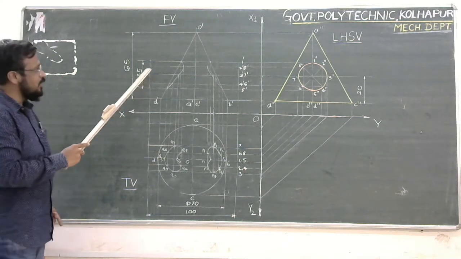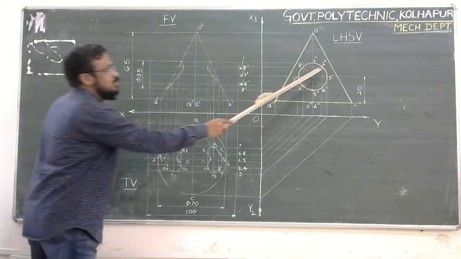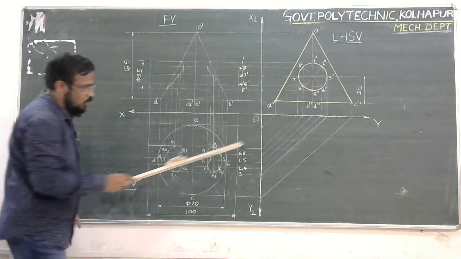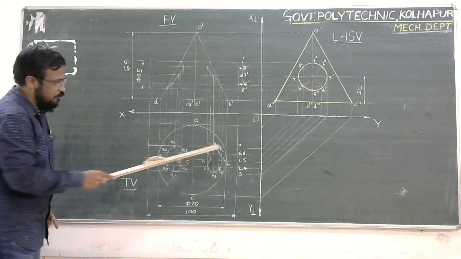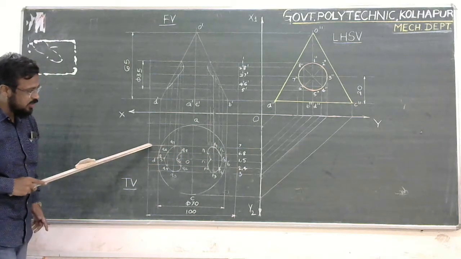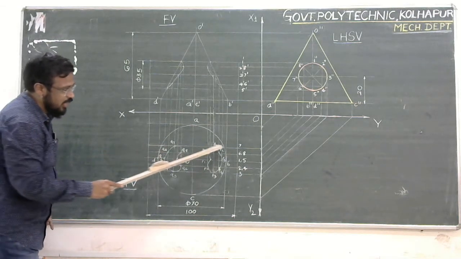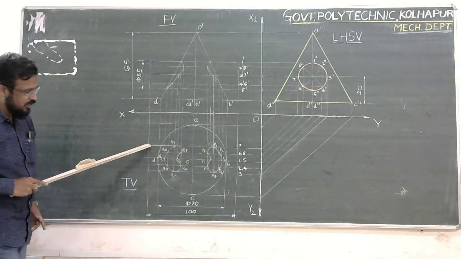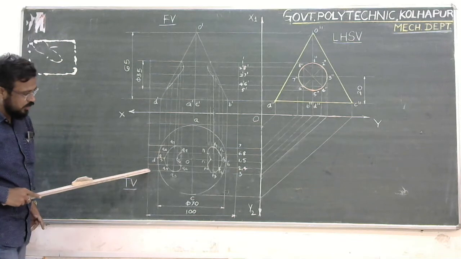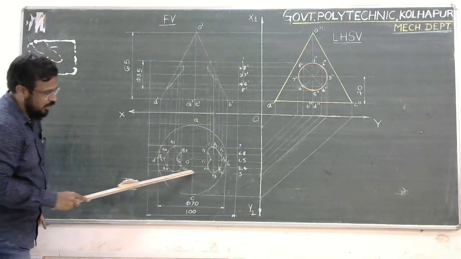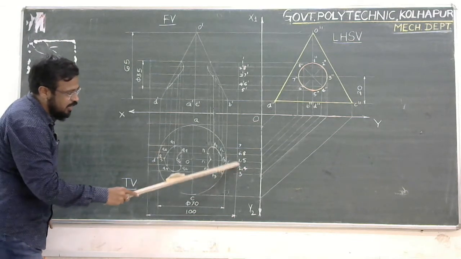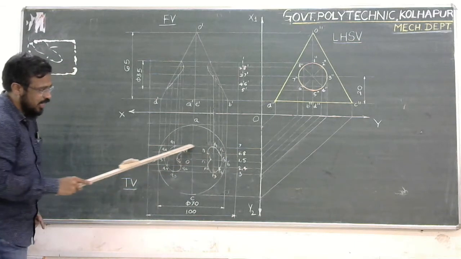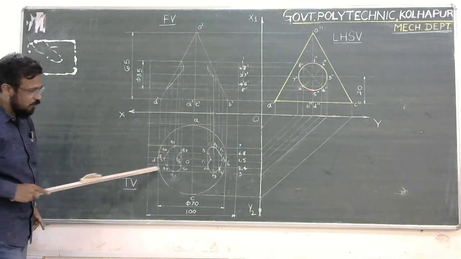For length, you have to visualize this cylinder in the top view. In the top view, if you refer to this, this is the limiting length of the cylinder, from this point onwards up to this point. This is the portion of the cylinder. See, I am showing it with the help of this scale. So this is the cylinder. What is the length of this cylinder?